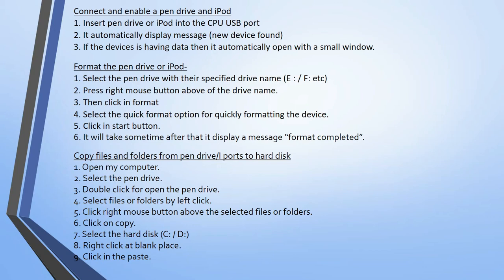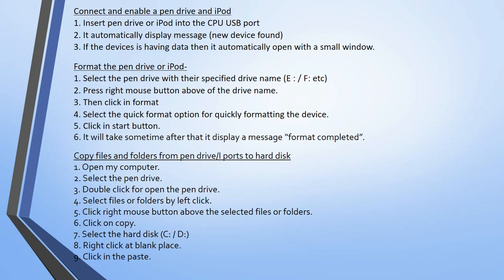Next is how to copy files and folders from your pen drive to the hard disk or vice versa. So it is a simple thing. You have to open My Computer or This PC, then select the pen drive. By double clicking the pen drive, the pen drive opens with the list of files displayed.